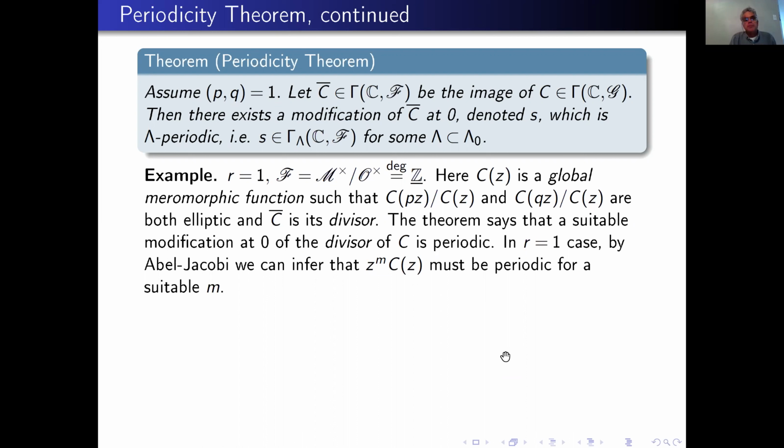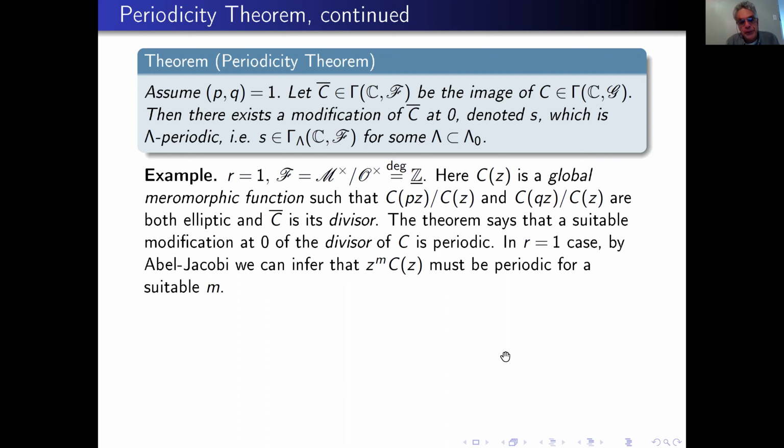And what would be C bar? C bar would be simply its divisor, right? The trace modulo O star of this global section is simply the divisor of it. And in this case, the theorem would say that a suitable modification at zero of the divisor of C becomes lambda periodic. Now, luckily, in the R equals 1 case, we have the Abel-Jacobi theorem, the theory of elliptic functions,